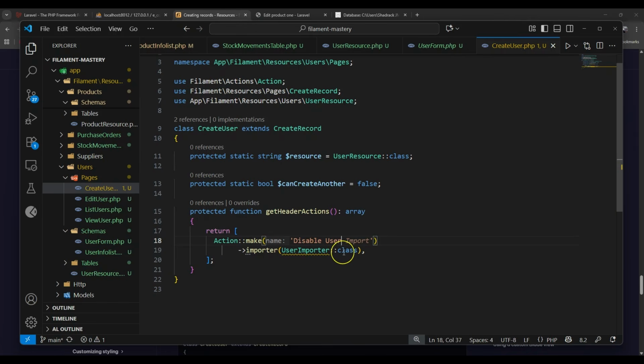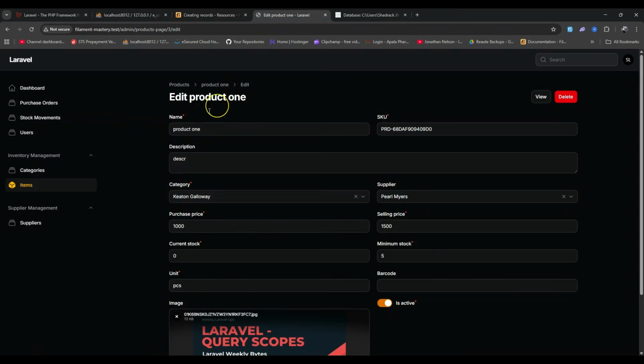Okay, and then you are supposed to define the action, you see. So you can just define this functionality, but for now let me just go back here